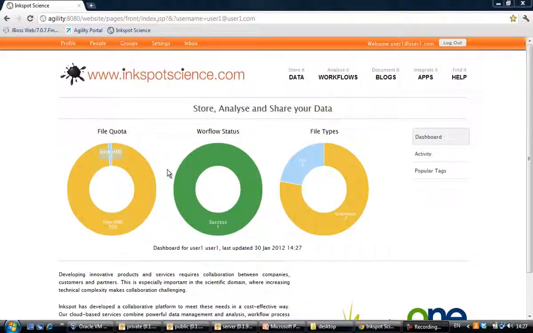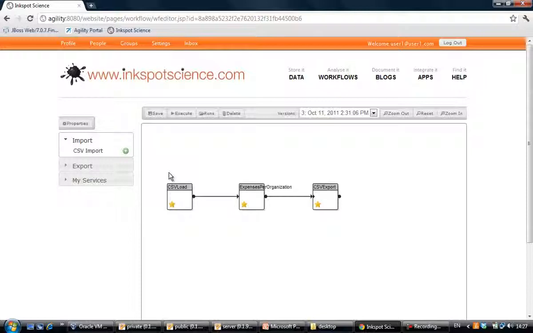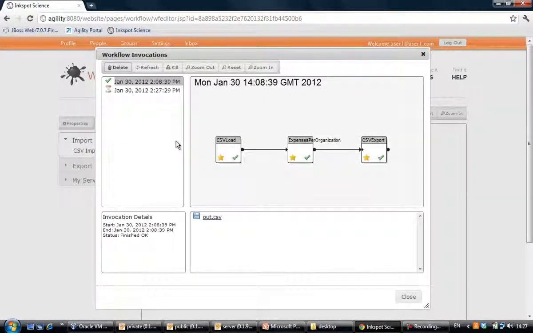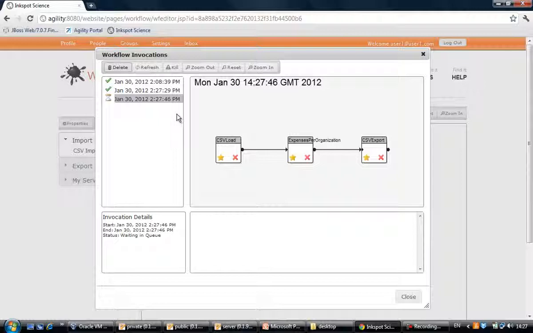So having set up the initial network, let's just see what happens if we try to execute a workflow. So here's our workflow, and I'll actually execute it twice just to make sure that we're getting consistent results. So that's the first execution. I execute it again. So what we've actually done is set up a network which has the potential to allow the organizations to work together, but we actually haven't introduced any policy yet to let us make use of that